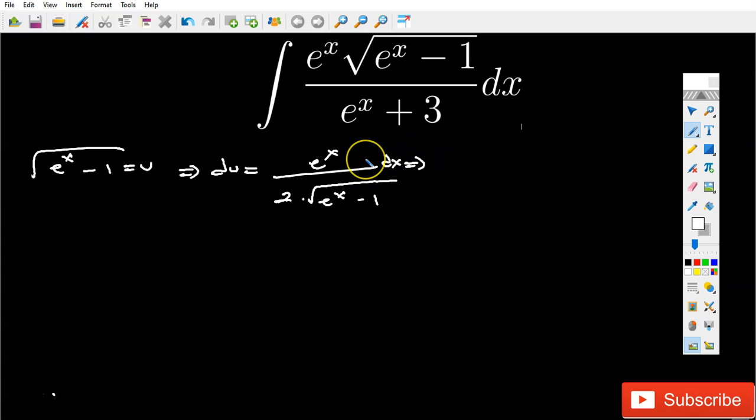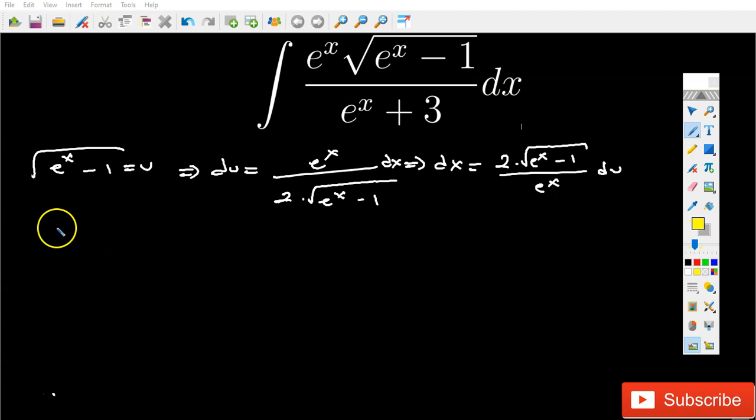Because we're going to change things around, dx is going to be equal to 2 times square root of e to the power of x minus 1 divided by e to the power of x du. Okay. Then let's try to put all these things into the original integral. So the original integral is going to become